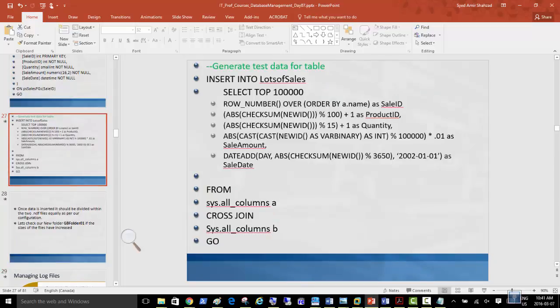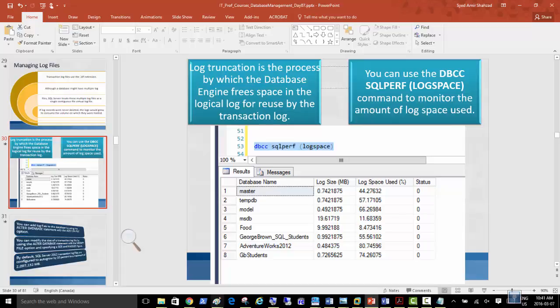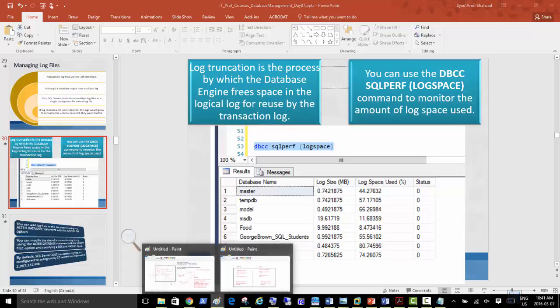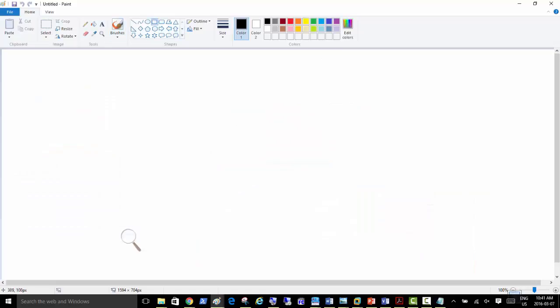We were supposed to use that after we had created this table, and this is still part of that script. And you know what this table does? It creates 100,000 rows, and it actually creates 1 million rows. So then we were supposed to check the log files created for that, but we can still check the log files.